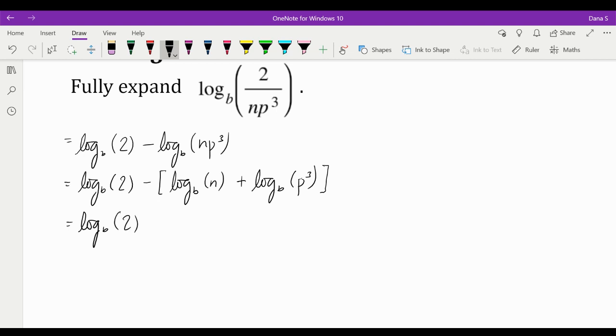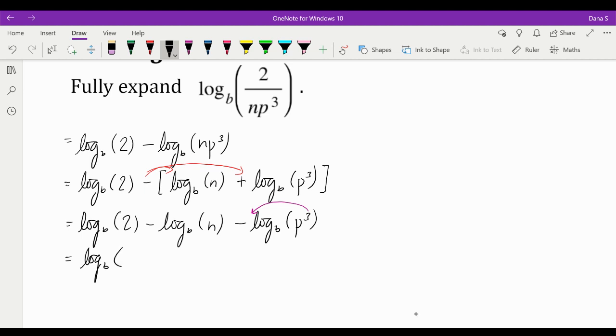We now have log base b of 2 minus log base b of n. Make sure this subtraction distributes to both terms that are inside of the brackets, minus log base b of p cubed. We can also use the power law of logs to say this exponent that applied to the original argument can be brought out in front as the coefficient of the logarithm. So that gives me log base b of 2 minus log base b of n minus 3 log base b